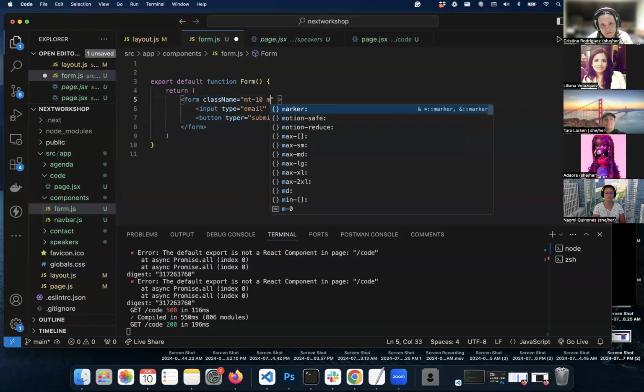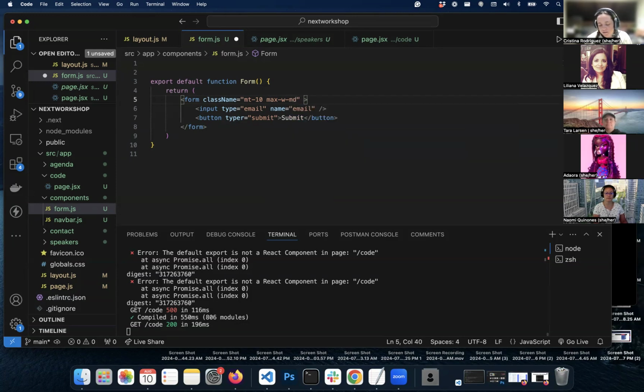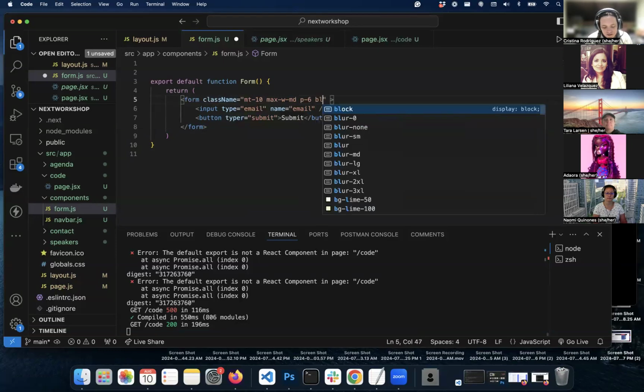Let's create a max width. Let's do max width, and let's say, I think medium, exactly. And then let's do padding for all of that. And let's do padding of 6. And I will say that it is a block,